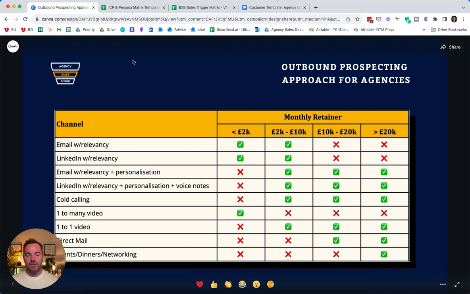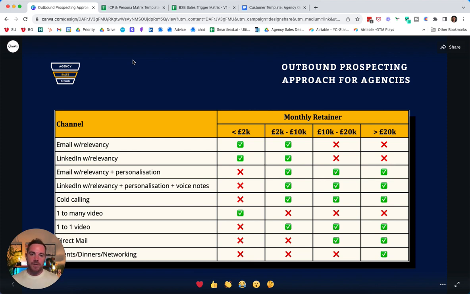So I was speaking to a consultant friend of mine who runs his own consultancy, and he was asking me if I could take a look at his cold emails. He's reaching out to senior leaders in the HR space. And I just asked him, why is he not going to these dinners in London where he's based, or why is he not setting up these dinners or networking events? Because you really need to work the room when you are selling a service which is more than 20k per month. So you can build that trust and you can build that authority. You want to be speaking in front of those people and, like I said, working the room.